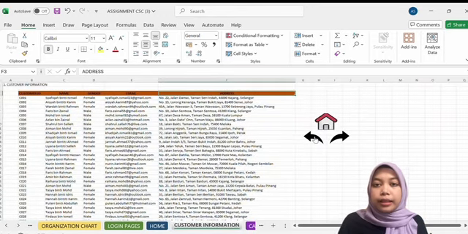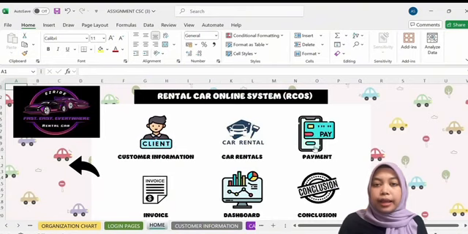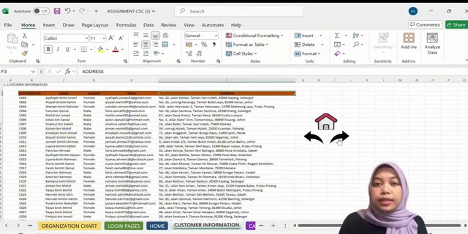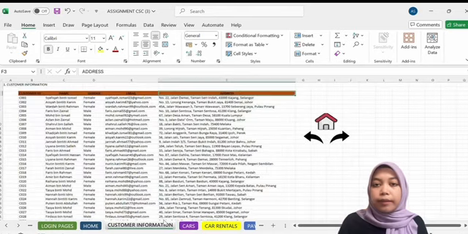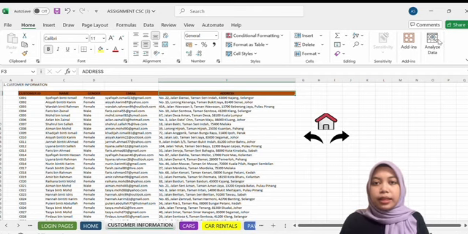The left arrow button also directs the user back to the home page, functioning as a back button. On the other hand, the right arrow button takes the user to the cars sheet, where all the information about available rental cars is stored. The customer information sheet plays a crucial role in our car rental system by storing all necessary customer data. Combined with the navigation buttons, it improves both functionality and usability of the system, making the overall process smooth and efficient for users.